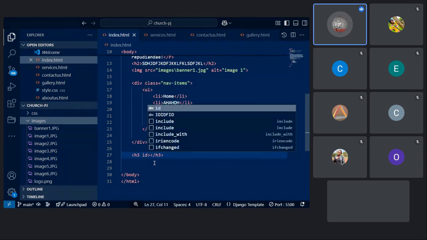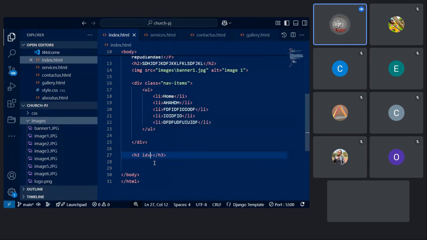So that's another selector that you can use, IDs, which I think Bobby had touched on. So to create an